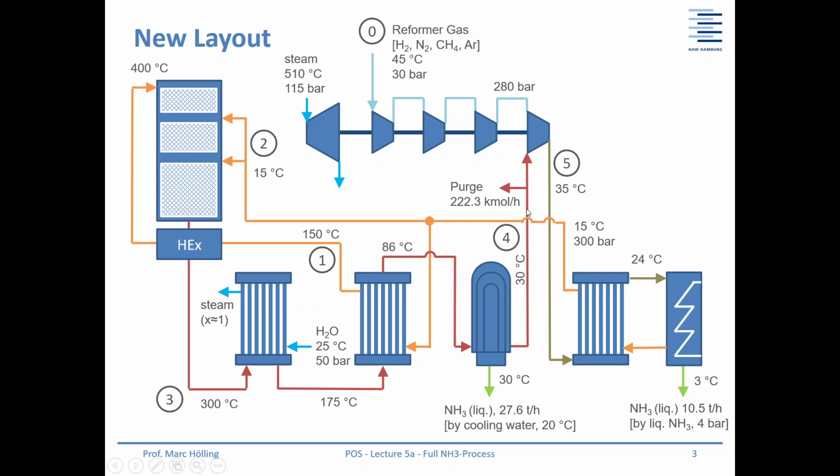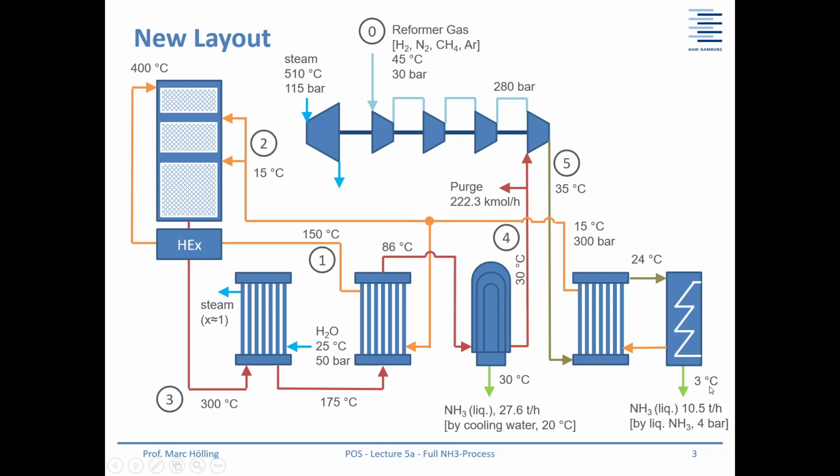Here we mix it with the recycle flow, and then we send it to the ammonia condenser, and before that we have some internal heat exchanger. So we start here with 35 degrees Celsius, then we cool it down to nearly 24 degrees Celsius, then we condense the ammonia at a temperature of 3 degrees Celsius,